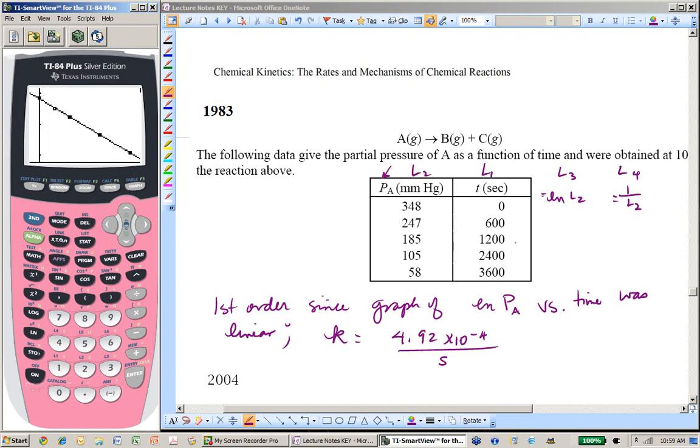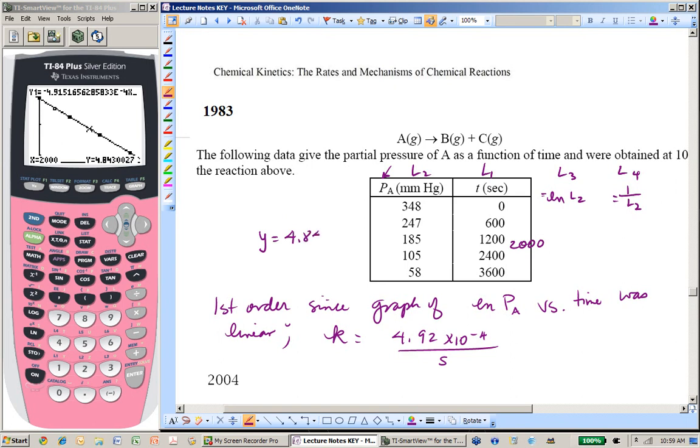So, if I know that I want to find 2,000 seconds, let's say, what is the concentration at 2,000 seconds? So then I go second trace, and I know the x value. So when x equals 2,000, because that's a time value, it just flat out tells me what the y is. Y equals